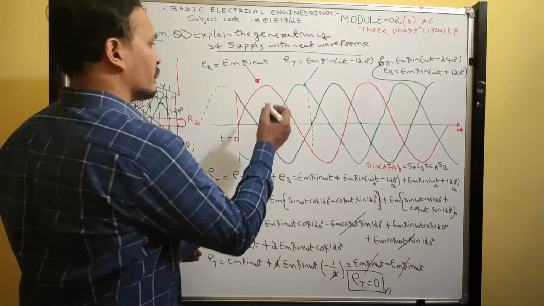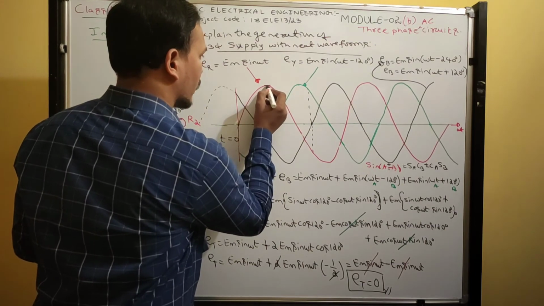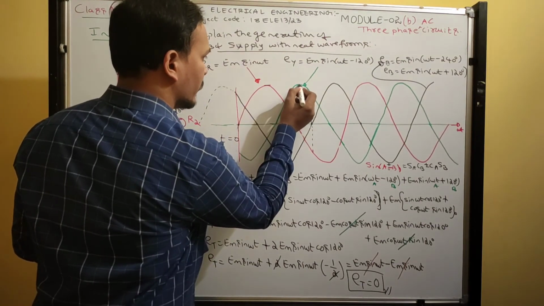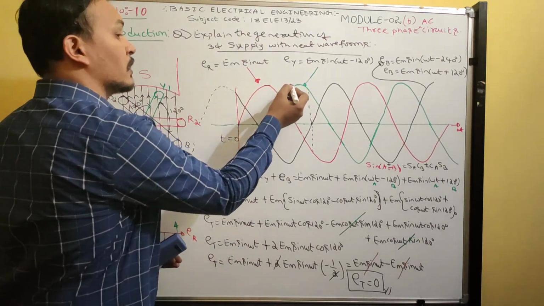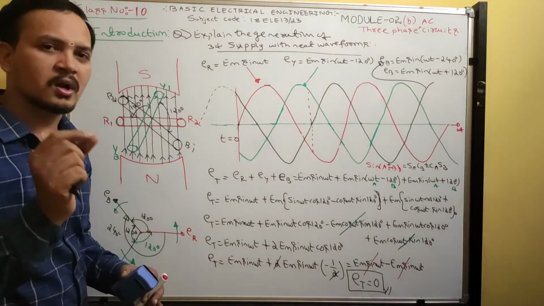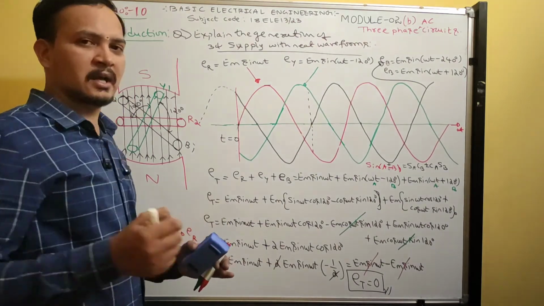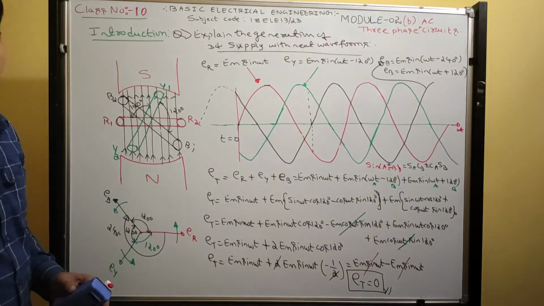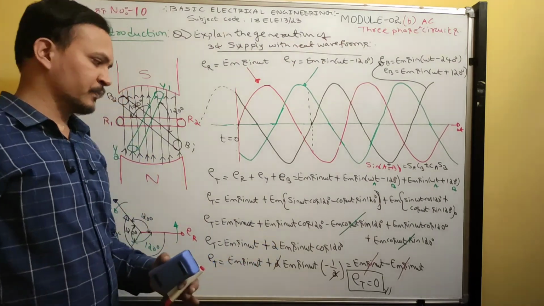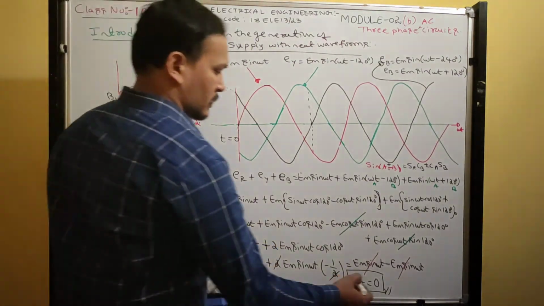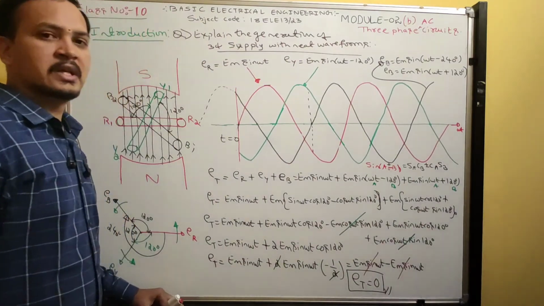Practically what happens is this magnitude will be 400 volts and this magnitude will be 400, but this one will become 402 volts. A small difference will be there, so that is neglected. We can consider it as balanced only. A lot of variation means an unbalanced system. So in this lecture, this much is enough.